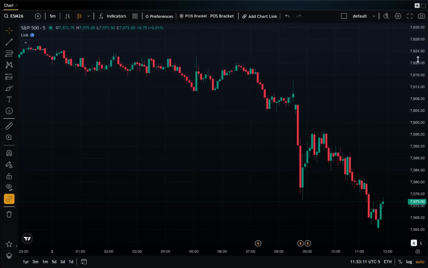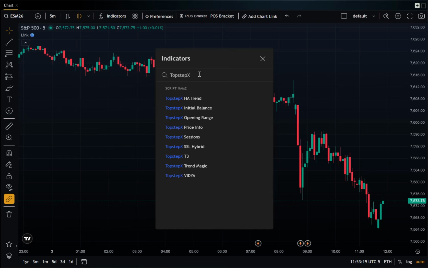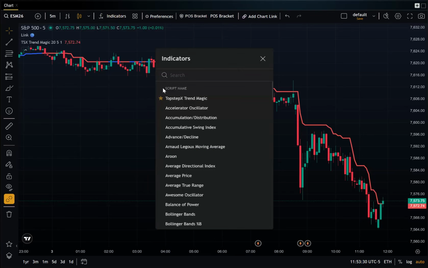Greetings traders. To locate and use the custom indicators in TopstepX, click on Indicators at the top of the chart, search for TopstepX, and then click on the name of the indicator you wish to add to your chart. Click on the star to add it to your favorites, which will then add it to the top of the